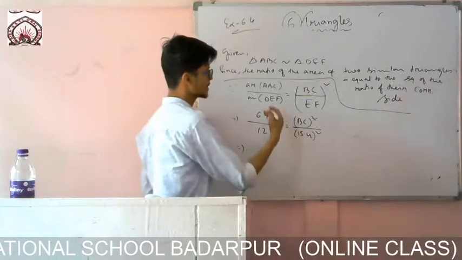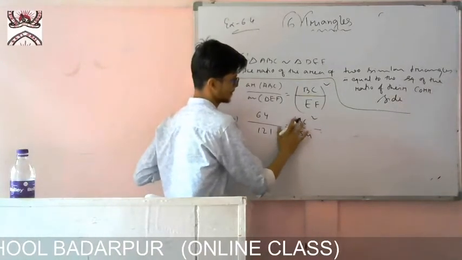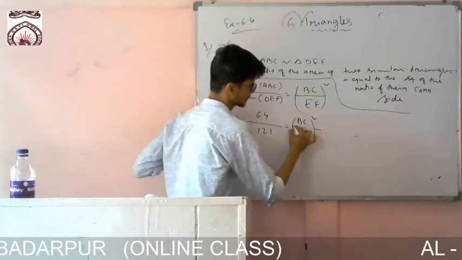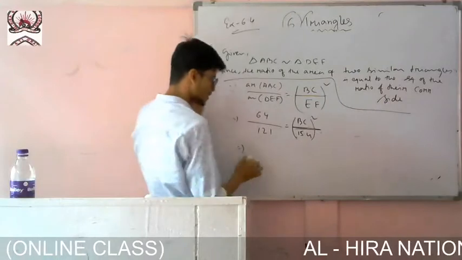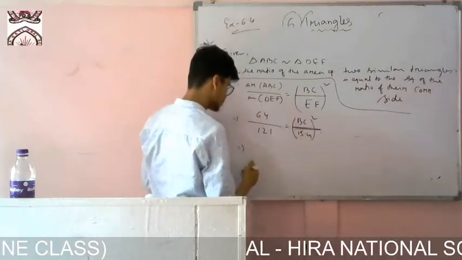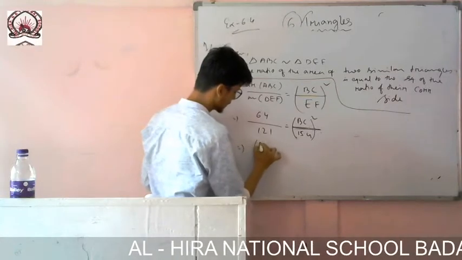Acha, see, I can let the square be there. Let it be like this. So the square is there. If I change the side, it will be root. If the square comes to this side, it will be the root. Okay, so it will be like this. Let me write it like this one time.